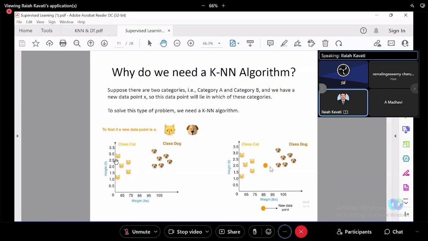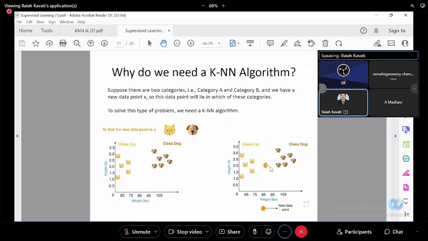Now these objects, cats and dogs, are plotted, not classified as of now, in the two-dimensional space. Now we can easily segregate them into two different classes, because the dogs will have higher weight and higher height compared to the cats, so the dog objects will fall under one category and the cat objects will fall under another category. Let us assume this is class cat and class dog, the left side diagram. Now coming to the right side diagram,